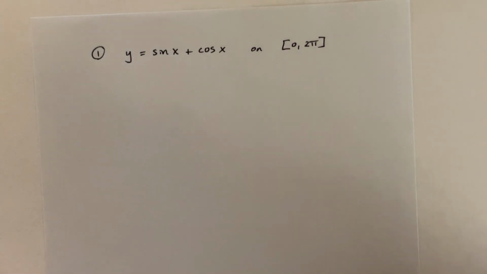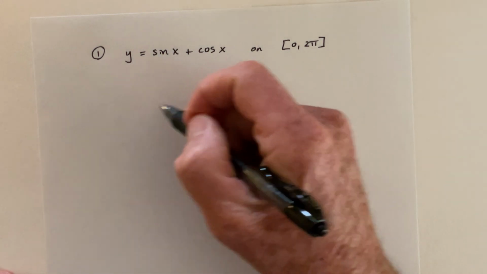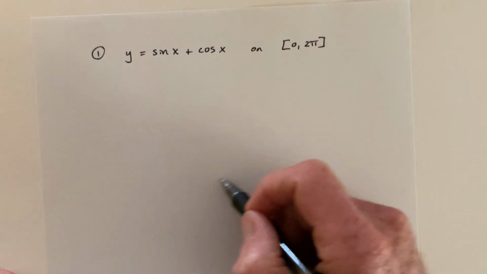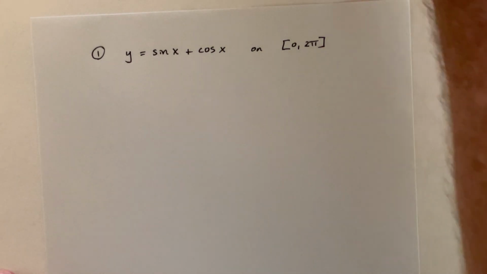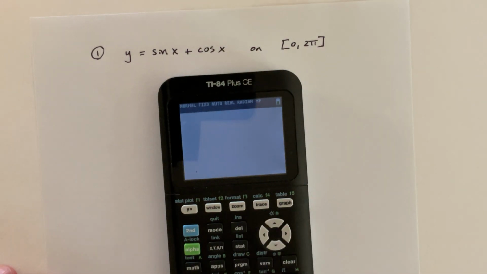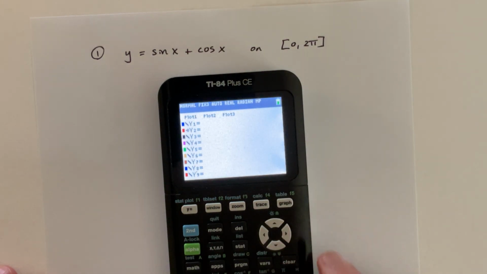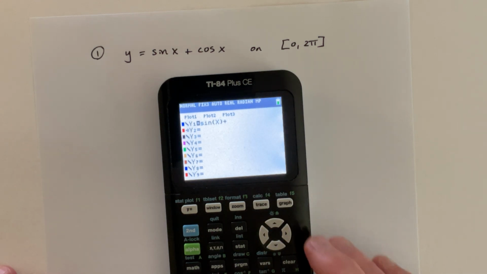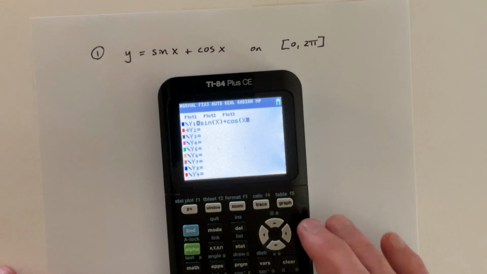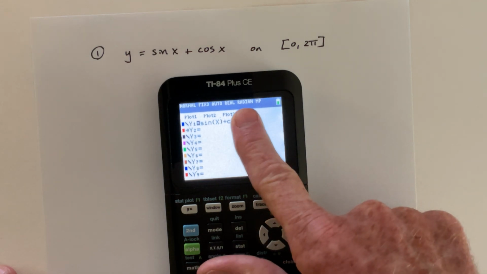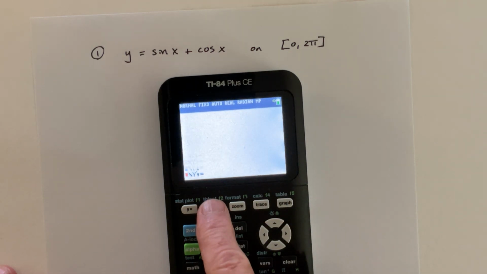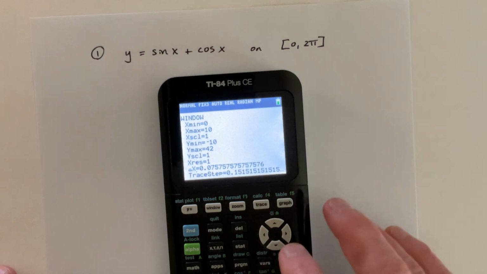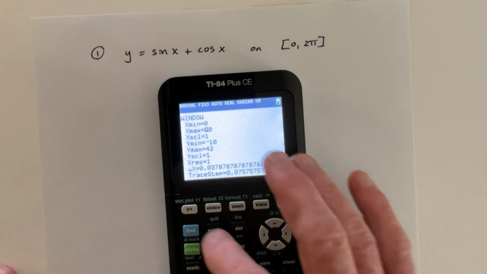Usually I will take the derivative and then do all of my work by hand, and then I'll check my answer on the calculator. But sometimes I like to switch it up a little bit and graph the function first. So if we graph sine x plus cosine x, and it's in radians, and change the window to go from 0 to 2 pi,